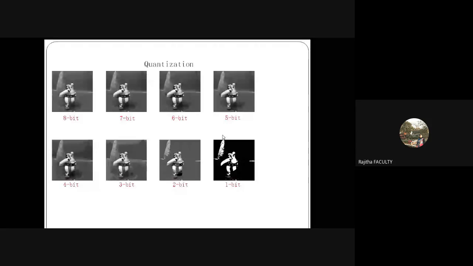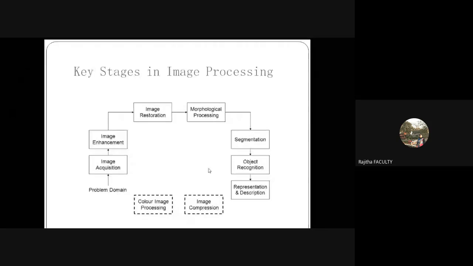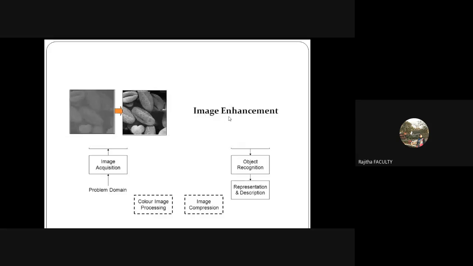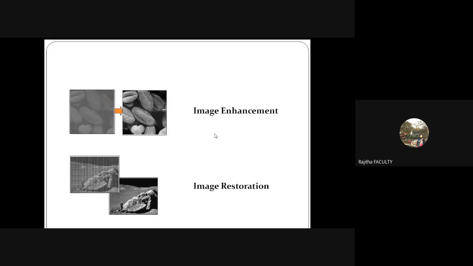So you need to do some pre-processing stages on that image. Once I capture the image, I need to apply some enhancement techniques. So these are the basic key processing stages in any image pre-processing steps, right? These are all basically dealt with in basic image processing, but I'm concentrating only on two things.